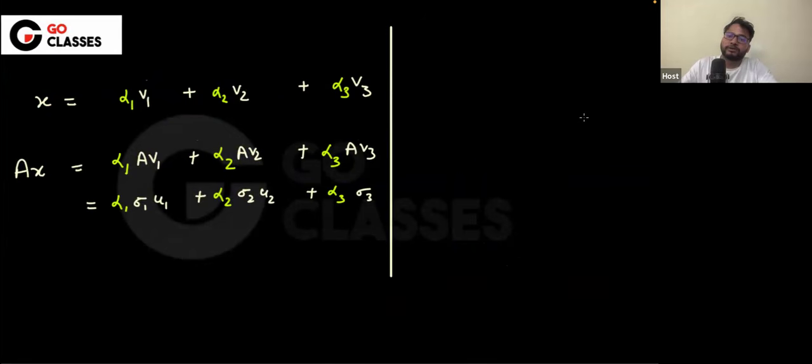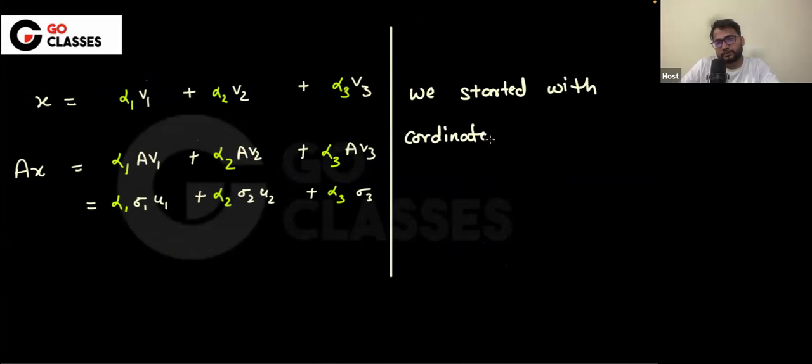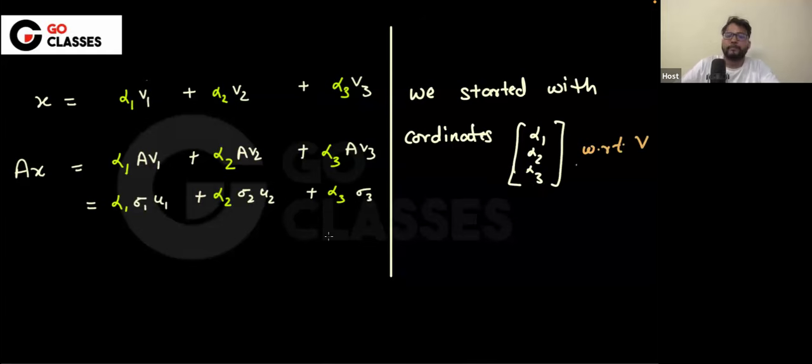you will say what this A is doing to this X. We started with coordinates alpha 1, alpha 2, alpha 3. Do you all agree with me? We started with these coordinates alpha 1, alpha 2, alpha 3. Now you can also write, just for the sake of completion, with respect to V. We started with these coordinates, and after multiplication,